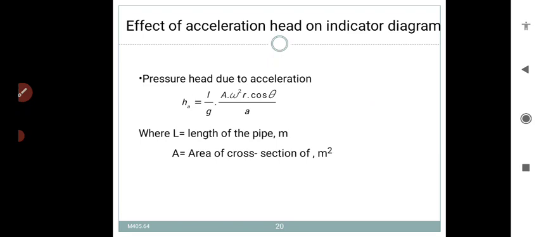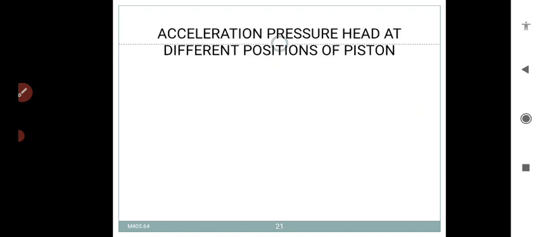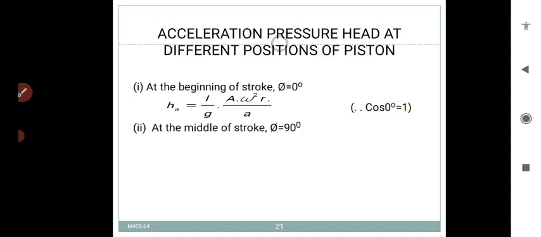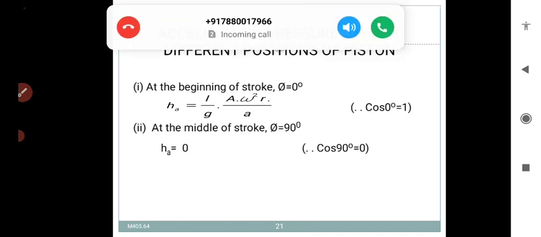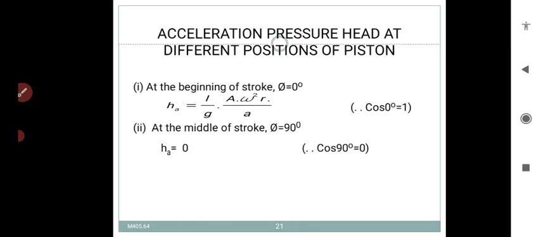where L is the length of the pipe in meters, A is the area of cross section of pipe in meter square. Acceleration pressure head at different positions of the piston. First one is at the beginning of the stroke, θ is equal to 0 degrees, and at the middle of the stroke θ is equal to 90 degrees. At the beginning of the stroke, HA is equal to L by g,